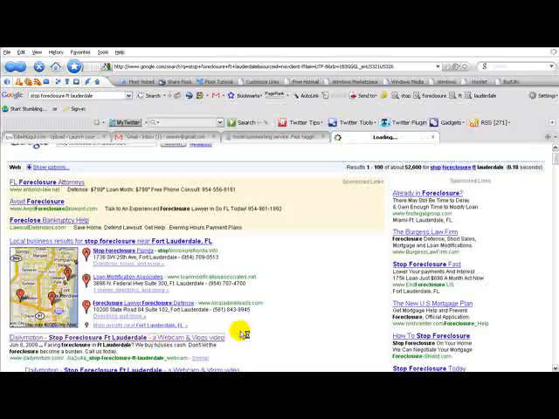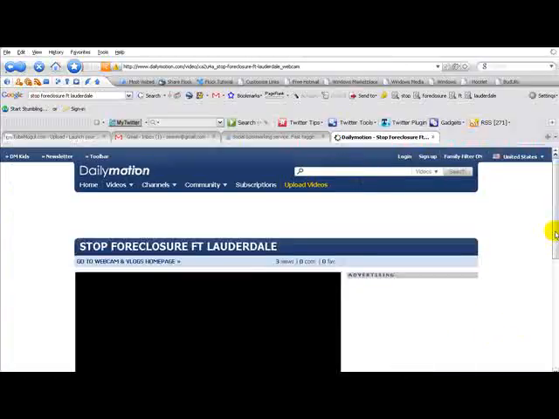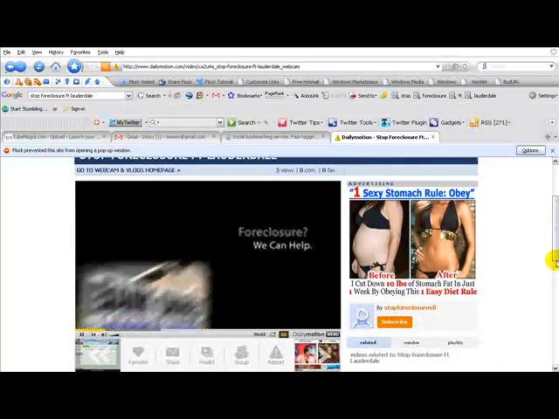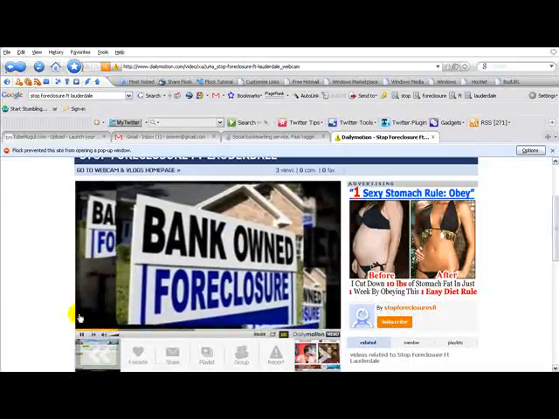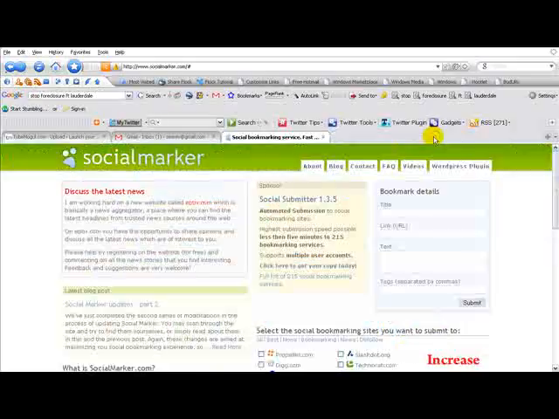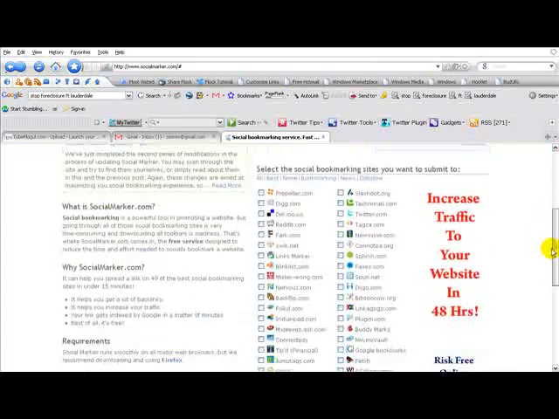So if I click on that, okay, as a result of the exercise that I just walked you through, that video that I uploaded yesterday and social bookmarked with Social Marker is now in position 1 of Google for the keyword term Stop Foreclosure Fort Lauderdale. So hopefully that'll give you a little incentive to complete the exercise here in Social Marker